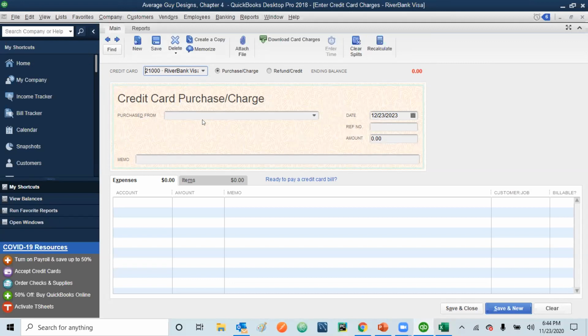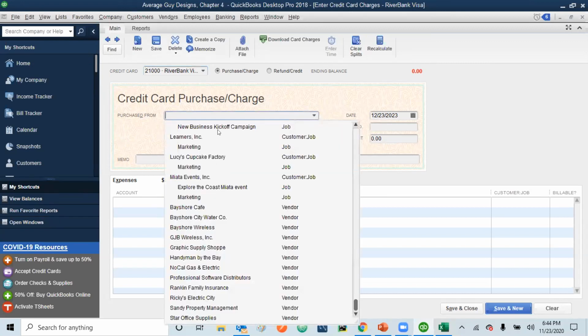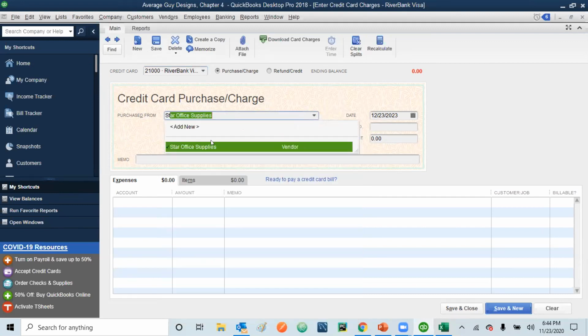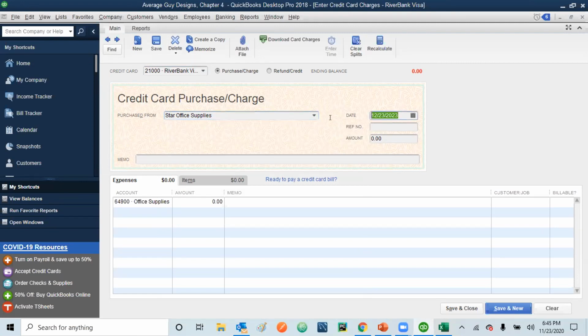And then you have purchased the item from Star Office Supplies. So start typing the name Star. And then for this account, the transaction was done on 11/18/23. Okay. The reference number is 1, so 01. The amount was 89.09. And for this memo, it is about office supplies and customer USB